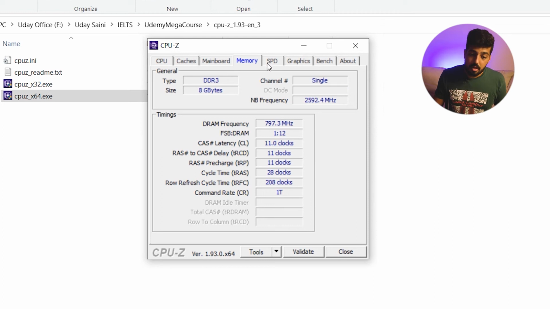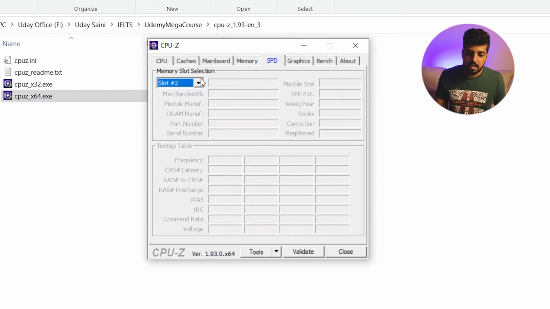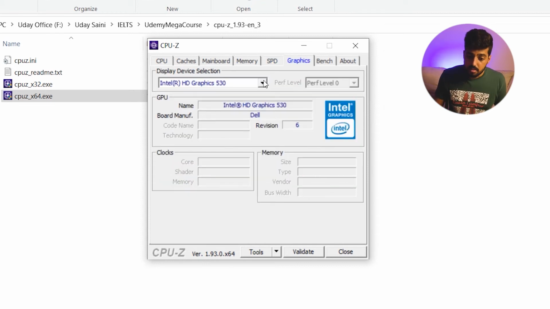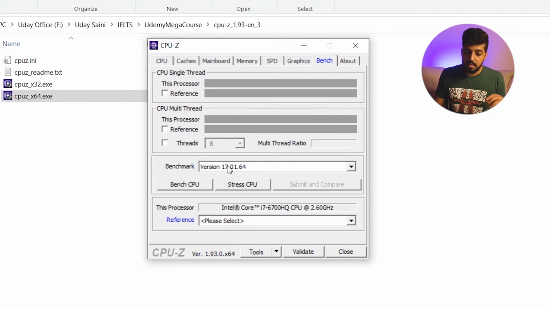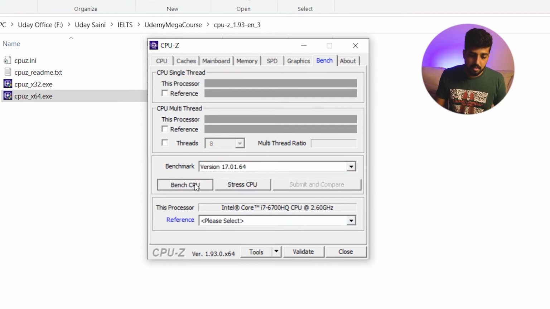And the type of RAM, it is DDR3L for me, and it is an 8 GB RAM with a frequency there. Then you can see the slot information. If you have multiple slots, it will show you all those slots here. You can also see the information about your graphics card. Other than these, it is really great to benchmark your processor right here.